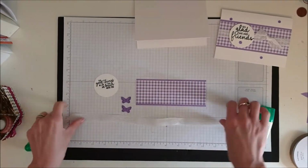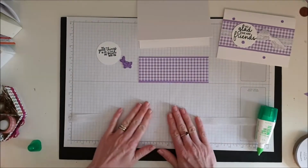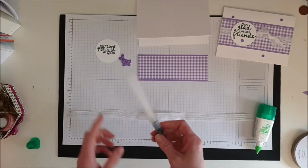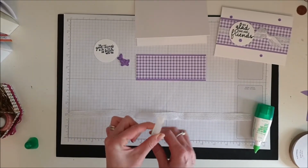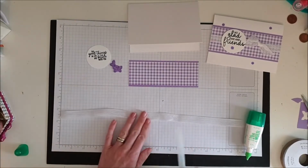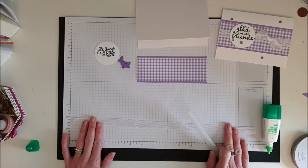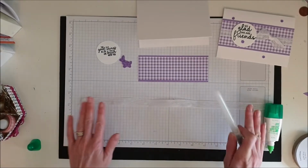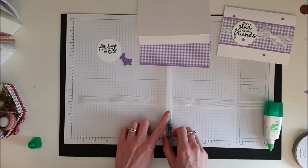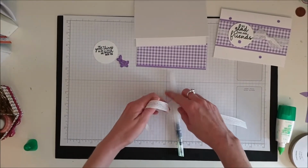Our piece of ribbon, we are going to tie a knot in the middle of this, but I'm going to use something to help me. So I have got my aqua painter here because it's quite a nice wide pen. So I'm going to lay my ribbon down. Now this ribbon measures roughly 15 inches. Maybe a little long, we may need to trim it. But I'm going to pop it down in the middle, and then I'm going to tie